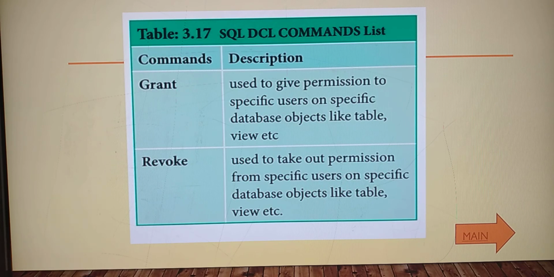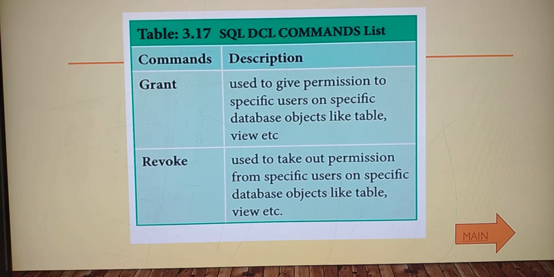So grant means what? Yes, it is giving permission to do whatever else you are willing to do in the database. Grant is used to give permission. Revoke means it is going to get back the permission that is already given to a specific user. Grant will not give permission to all users. To a specific user only, it will give some permission to do some manipulation in a table. Revoke gets back that permission already given to a specific user. So these two come under DCL, that is data control language.